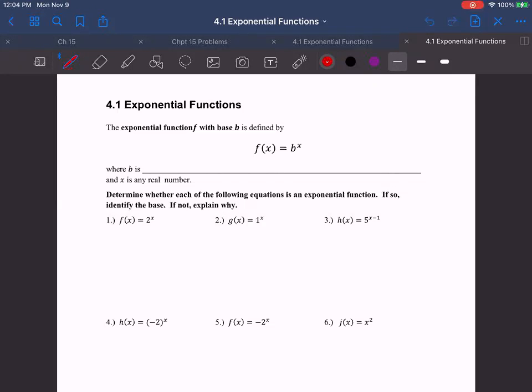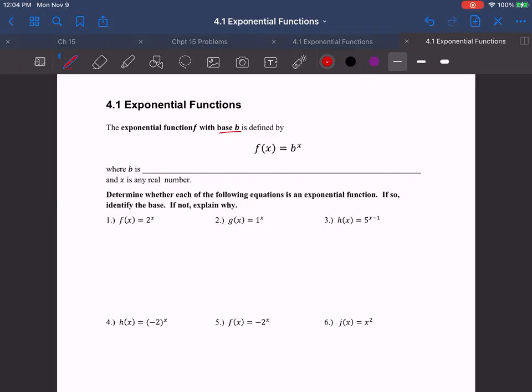All right, so we're looking at section 4.1 here. We're going to look at exponential functions. Here, our basic exponential function is going to be of this form here. F of x equals b to the x, where b is called the base of the exponential function there, and